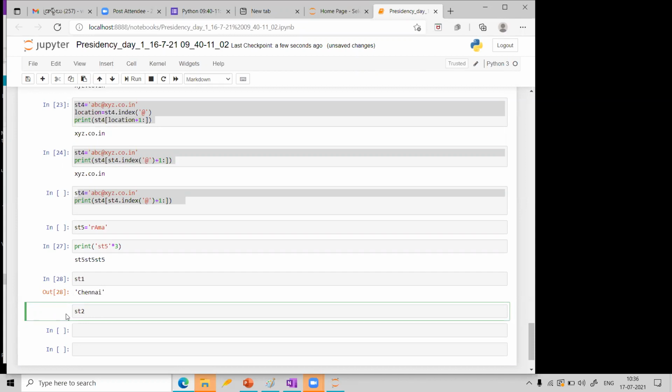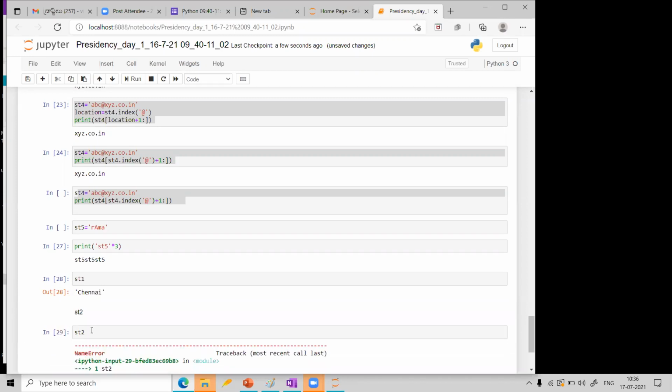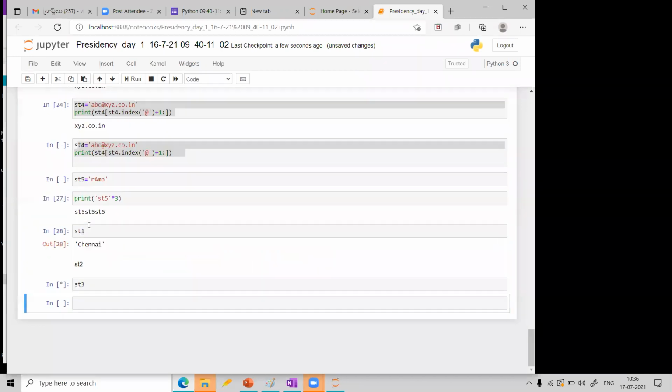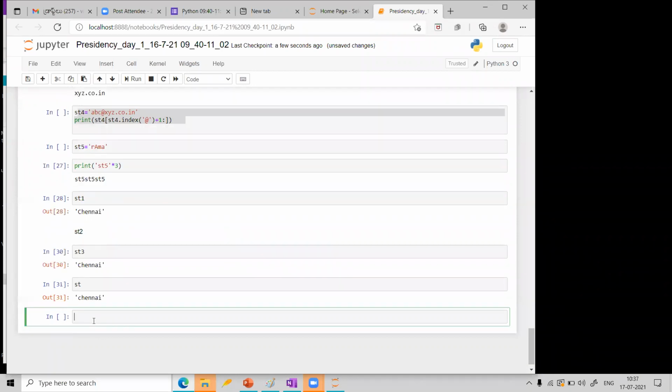Let me run this. Oh, st2 is not there. I think st3 is there. We did not declare st2 at all. So let us put it as st3. st3 also is same. Let me see just st. Yeah.